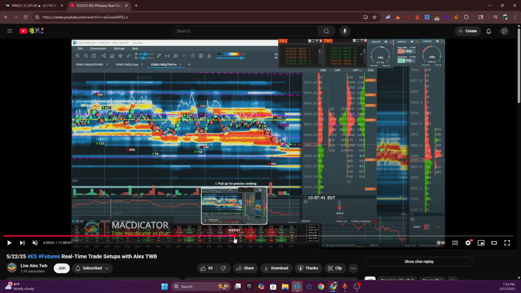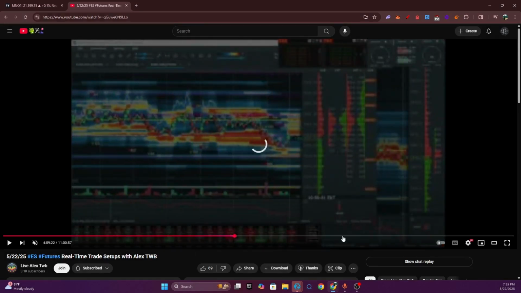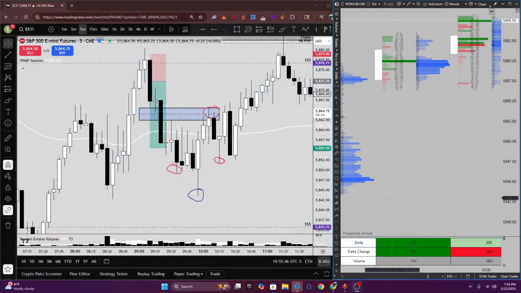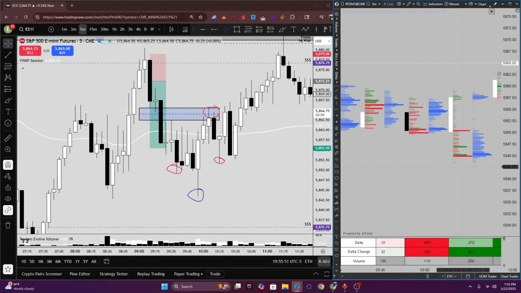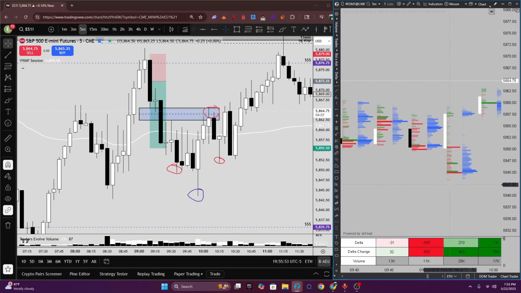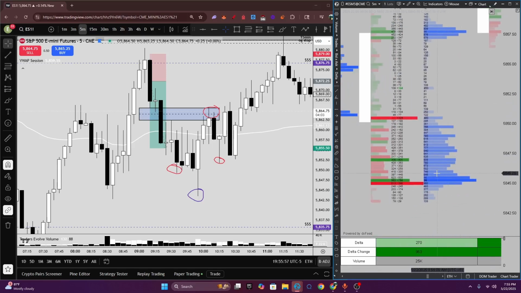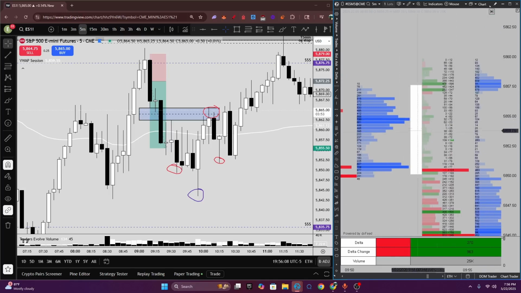But what we notice here is that price is popping back up and it's popping back up with a decent amount of strength. What we see here is that large amounts of volume get transacted near the bottom of this candle, and large amounts of selling delta also get distributed throughout the bottom of the candle, but selling does not hold. You likely could have got an entry around here